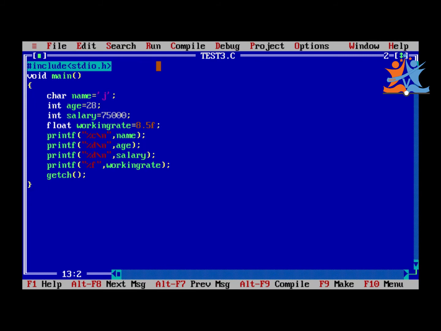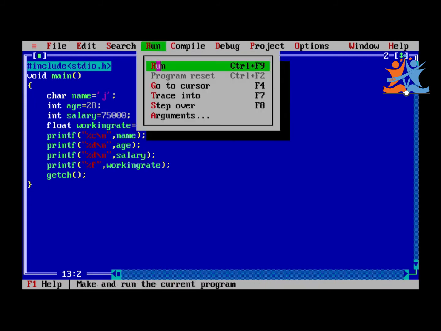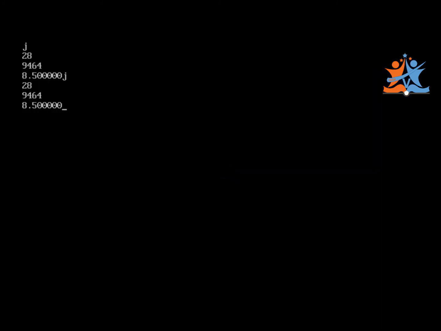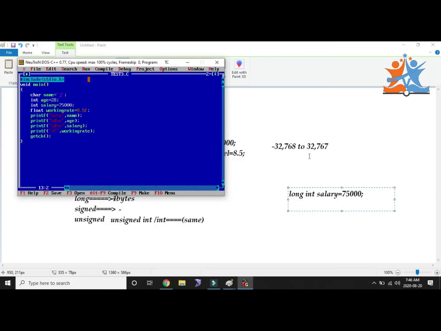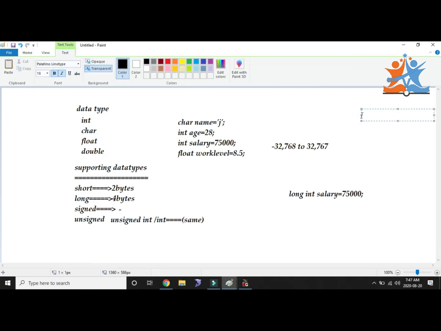So what is the salary we are getting? Again, one time we can see 9464. So what is this problem? We will see. Here the access range limitation is 32,767 and 32,768. We will add these two things, 32,768 plus 32,767. Both are minus only, but I will calculate as positive.